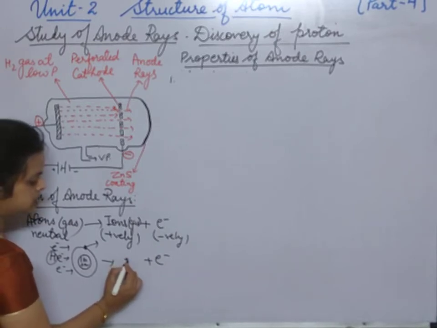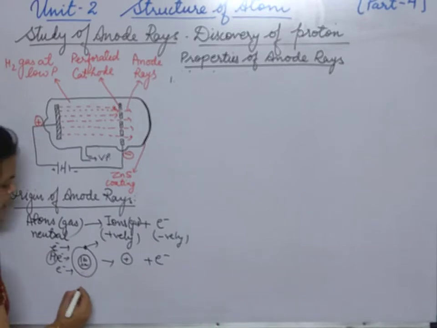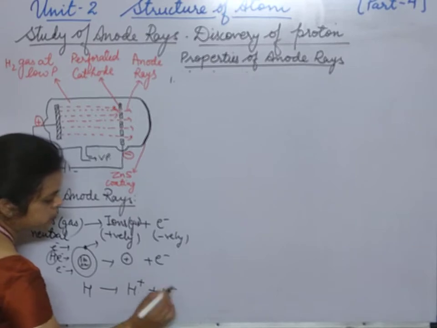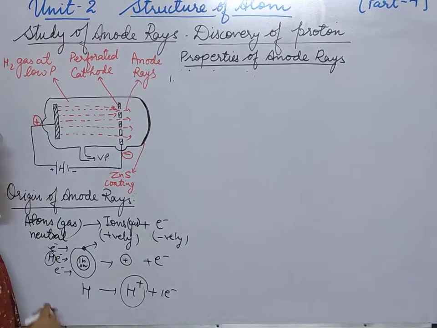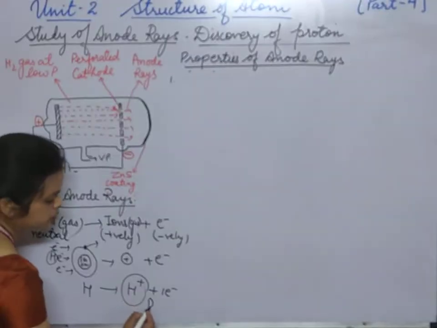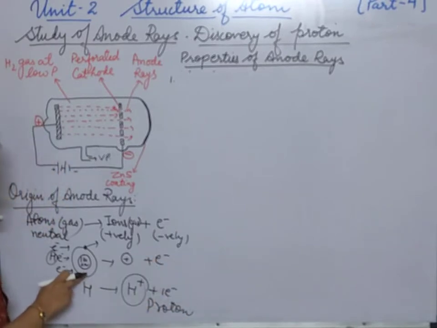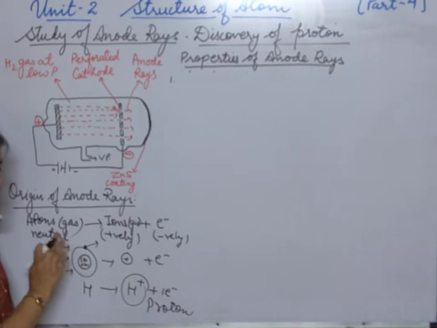The positively charged residue. So we can write it like this. This is the hydrogen atom. By the bombardment of electrons on this hydrogen atom, it forms H plus and one electron. And this H plus is called a proton. Nothing else, it is only the proton, because we can see in the nucleus there is one proton and zero